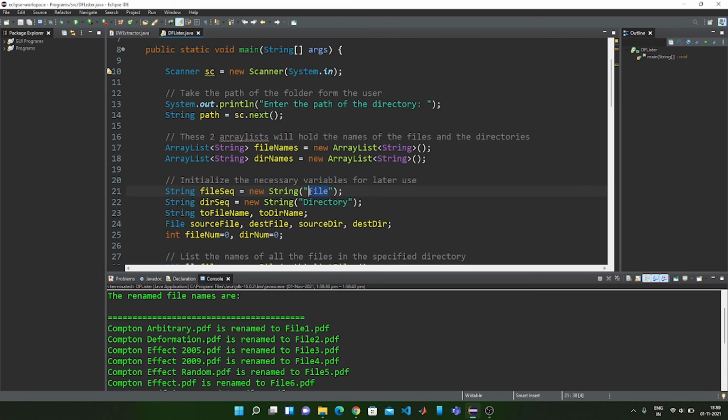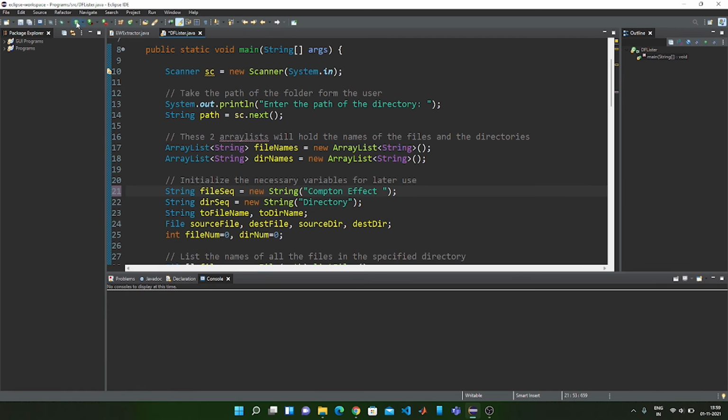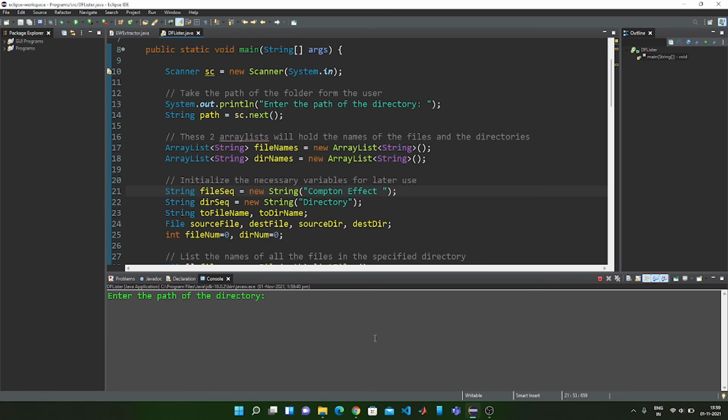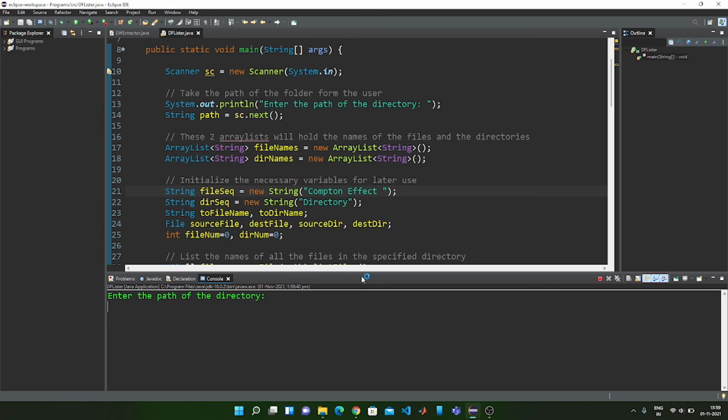In the place of file you can write Compton Effect and then give one space. Now if we rerun this, and enter the path of the directory as well,